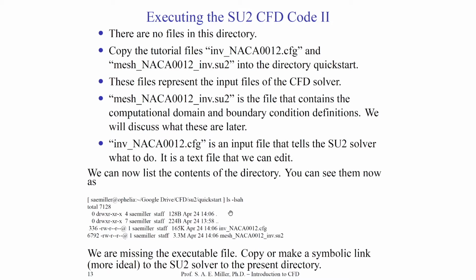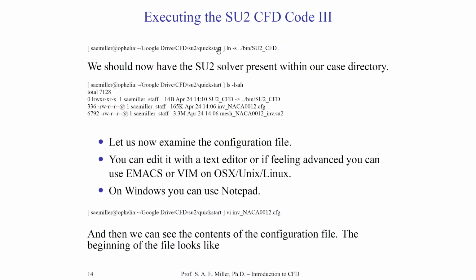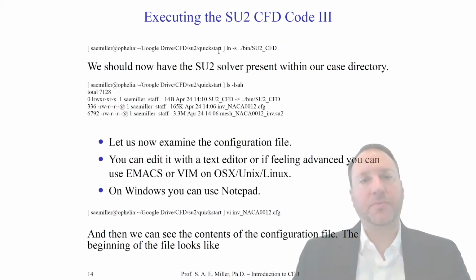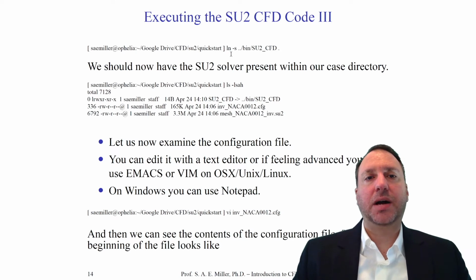And I'll show you how to do it on OS X. In Windows, you can navigate to the bin directory, right-click on it, and create a symbolic link. You can then move the symbolic link to, of course, the quick start directory. On Mac, it's much easier, and in the quick start directory, we only need to type this command, which I've shown at the top of the page. I would write